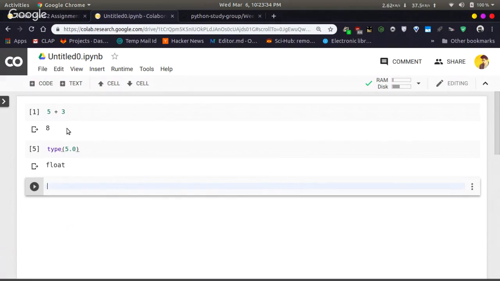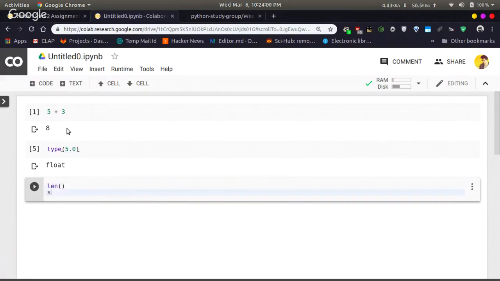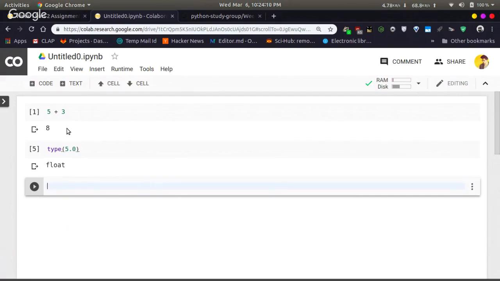Actually, sum is used for an iterable, like if we have a list, you can sum all those values together. That is what sum is used for. Don't worry about that. We will look at it in a later session when we come to the different data types. There are keywords like len, sum, and so on, which are used along with iterables.